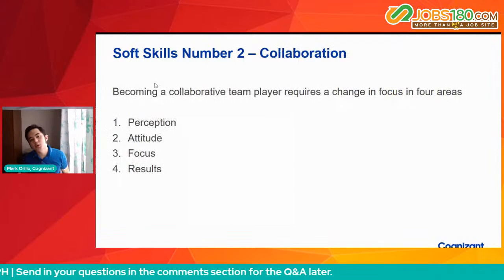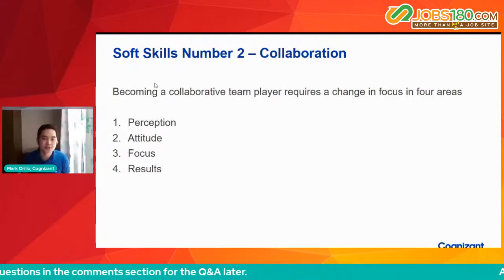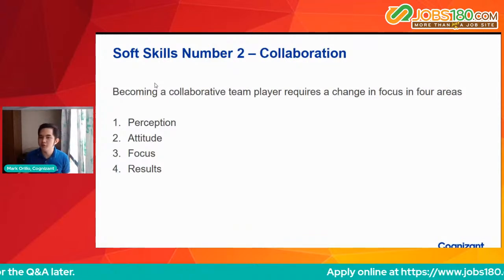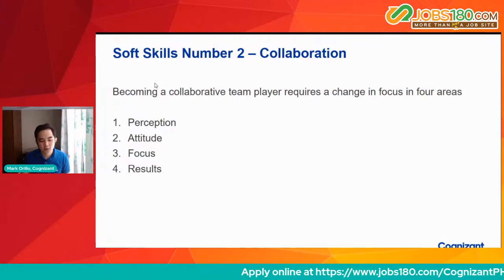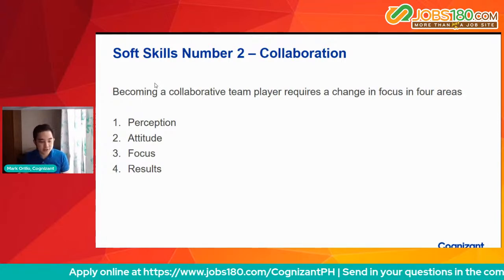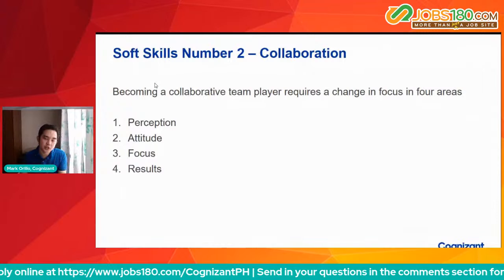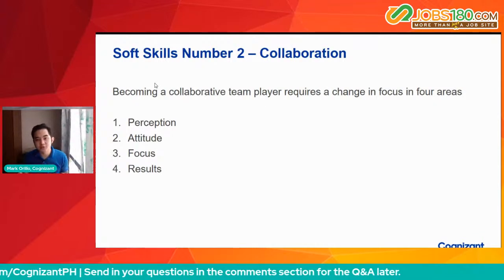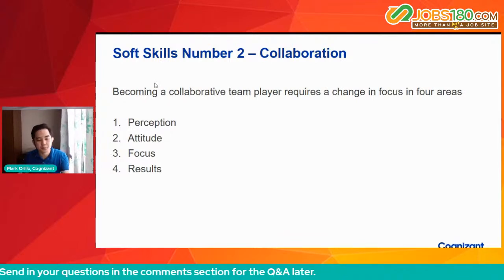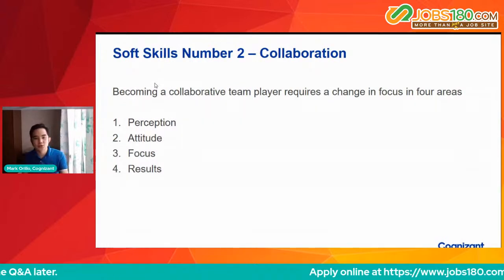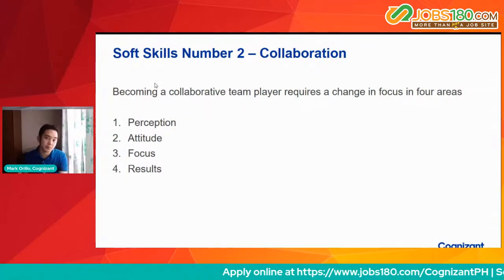So soft skill number 2 is collaboration. I'd like to share four areas to be a collaborative team player. So it requires a change in focus in 4 areas. So number 1 would be perception. So perception, you must see teammates or your classmates as collaborators